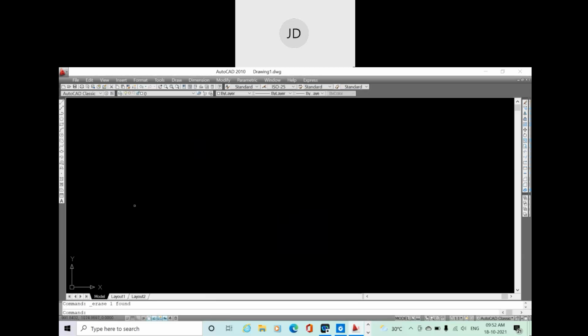Okay, so this is the significance of the command area. At the bottom, here you can see this is our status bar. In the status bar here you can see